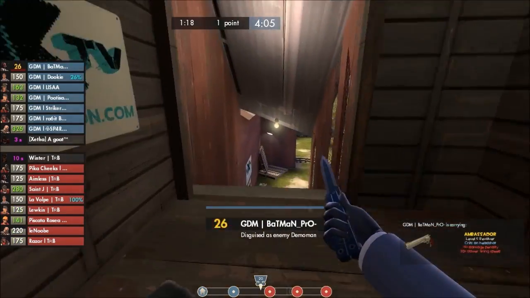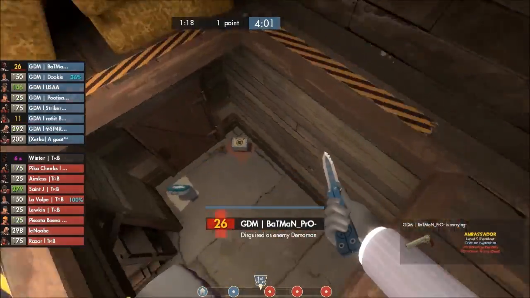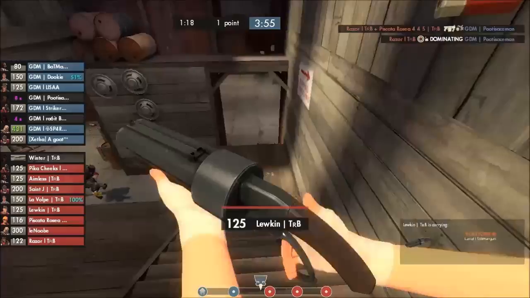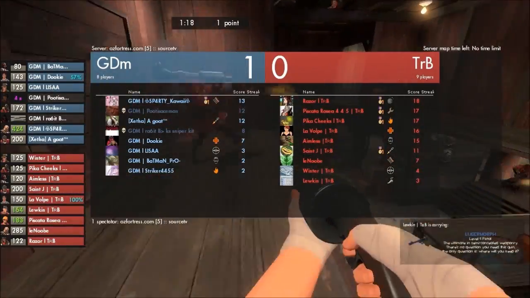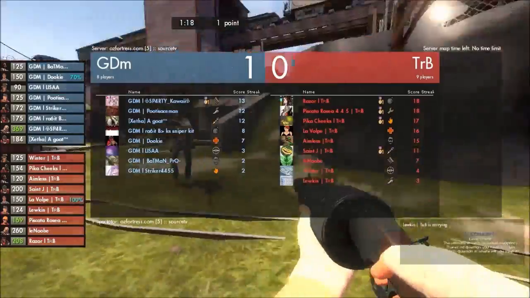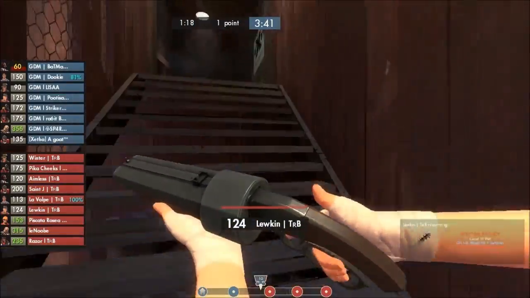We'll see though if they can get some of these collective pushes together and at least pop that Uber, if you know what I'm saying. Looks like Rabbit went down to the sentry gun. No, just kidding, that was a dead ringer. Oh, Rabbit is on Demo Man right now, and Dookie has gone Medic. Okay, so we do have a Demo Man for GDM, but remember they are playing 1 man and or woman down, so that's